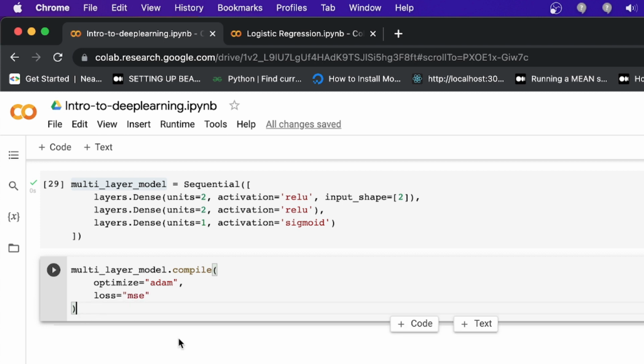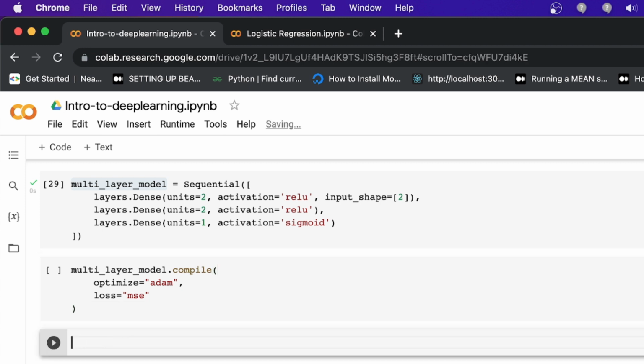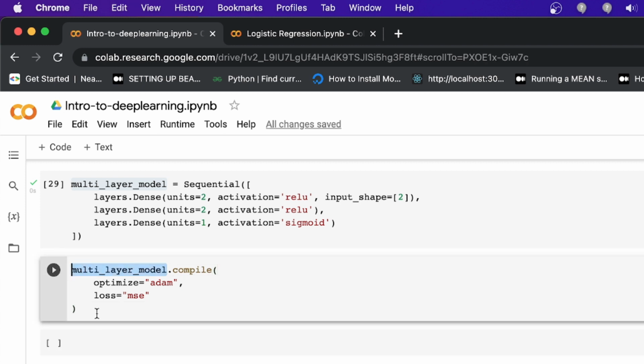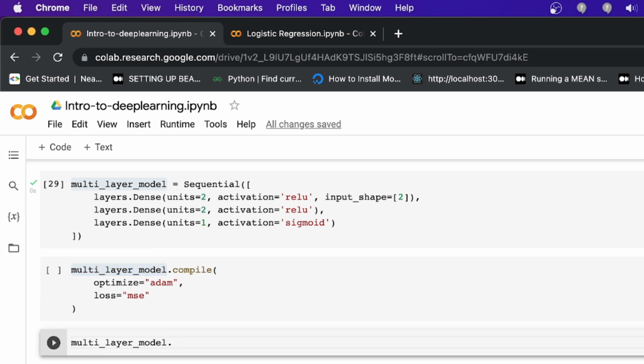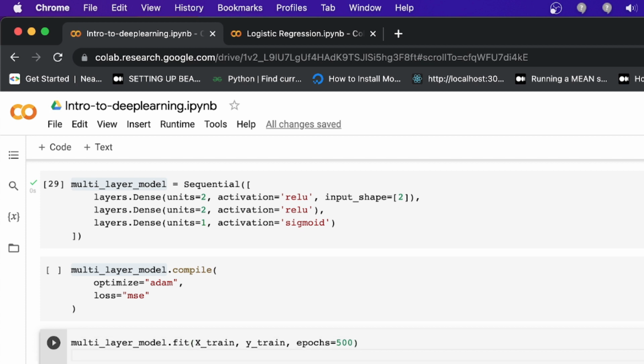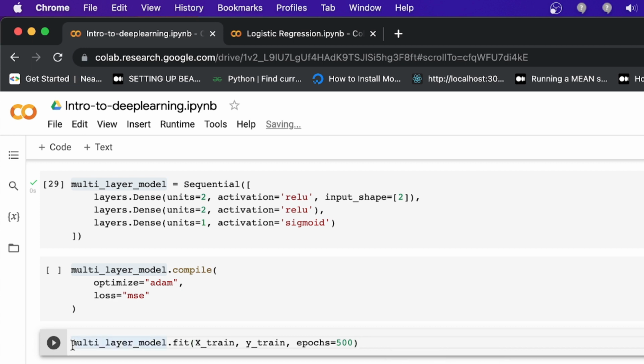Epochs again I'm going to use 500, not increasing the epochs. I don't need the graph because I already saw the loss function on my data. So let's start this training.